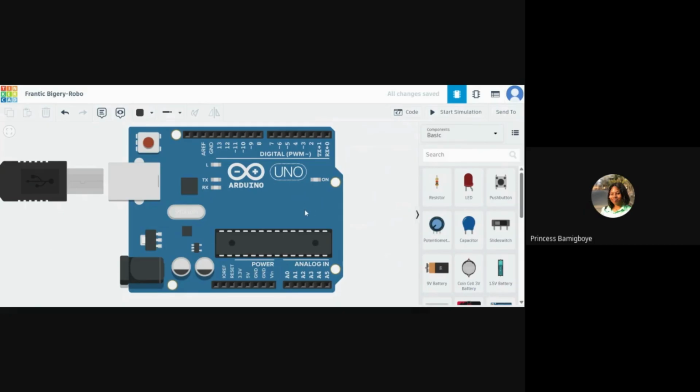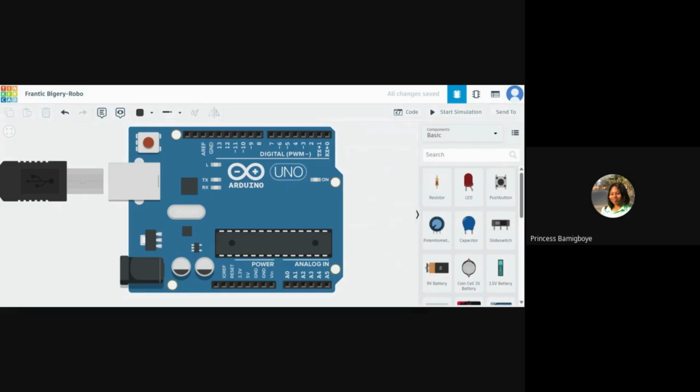There are times when you'll be carrying out certain projects, and working with the Arduino alone is limiting. In that case, you may need to work with certain Arduino shields. These shields serve as extensions of the Arduino board, and they increase the functionality and capabilities of the Arduino and of the project that you are working on.